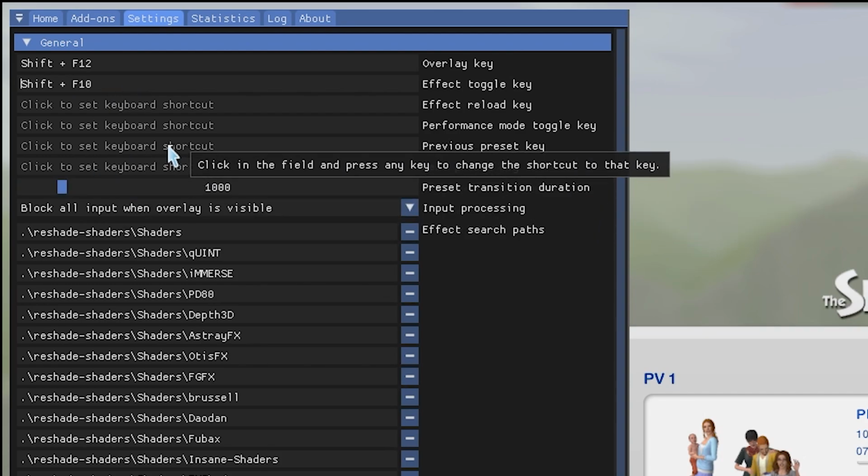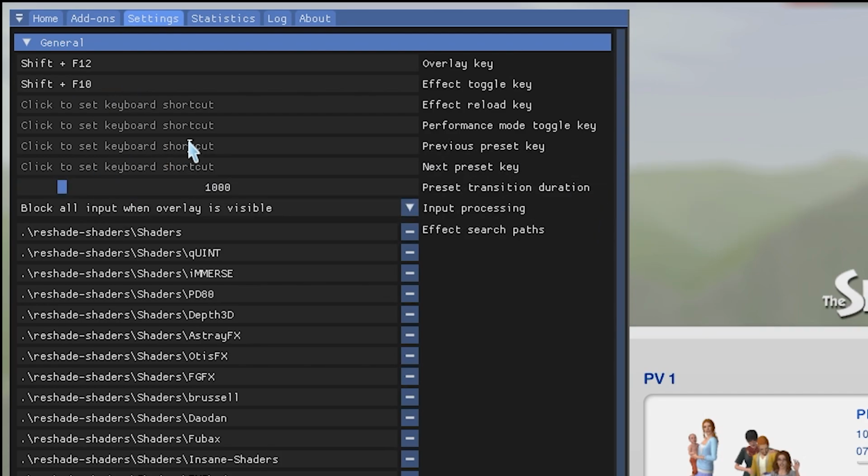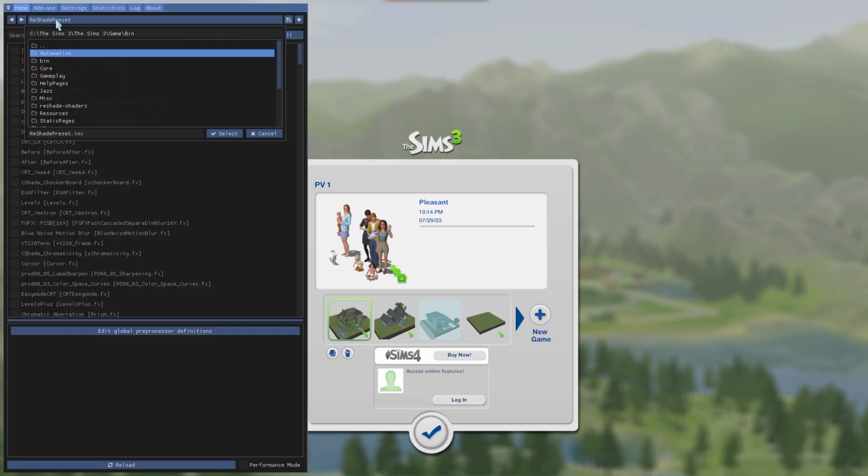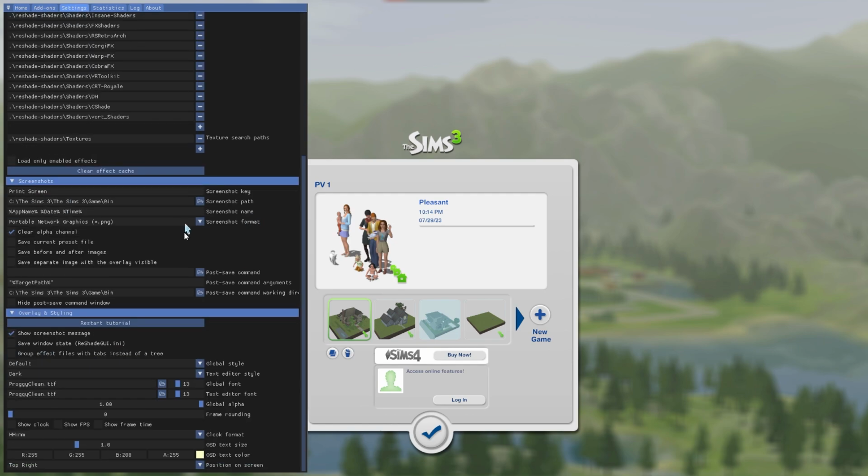The next setting that I have in here is previous preset key. I like to turn this to Shift and F8. This lets you swap between ReShade presets. We don't have any in here right now, but we'll get some in a second. And last but not least,